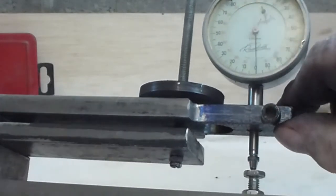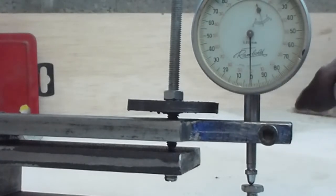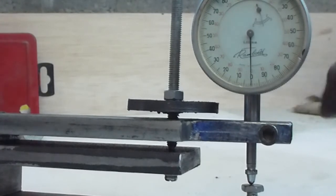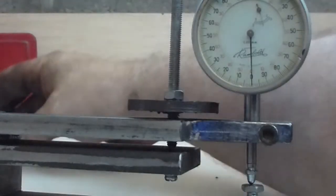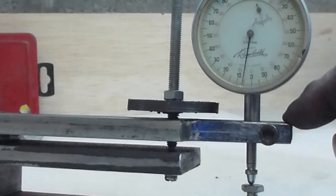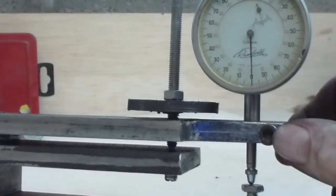It's interesting how flexible. I mean, those are 10 microns. So that's a hundredth of a millimeter movement there that I can get in flexibility in this 5 centimeter by 1 centimeter piece of cold rolled. Over that distance, it will. I'm actually not even sure that I need to bother to